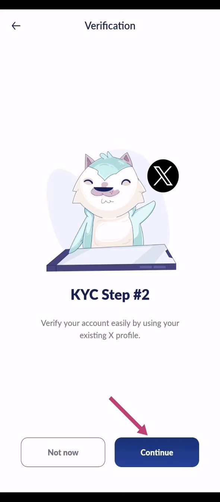Hello, in this video, I'm going to show you how to do the KYC step 2. The KYC step 2 will appear when you click your mining button to continue your new mining session. When you see the KYC step 2, you click the continue button